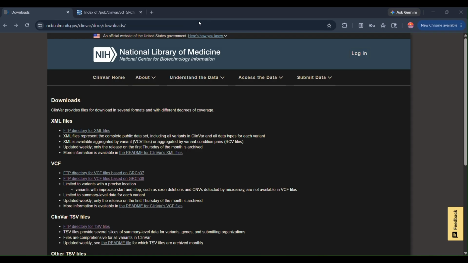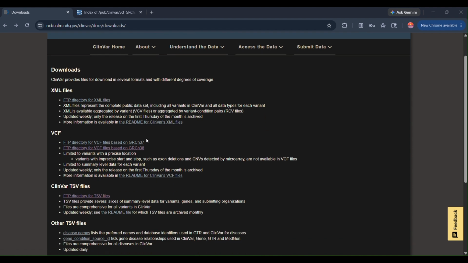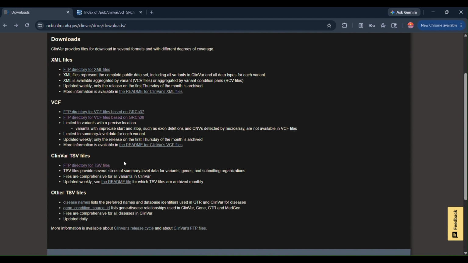Now I will briefly talk about our data preprocessing steps and the dataset used. The dataset used in this work was obtained from ClinVar's public database. There are two different types of files which can be used from ClinVar: the VCF files and the TSV files. We have made use of both: VCF files for the GRCh38 genomic location and TSV files for context.